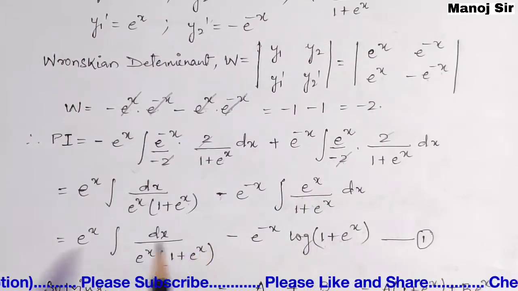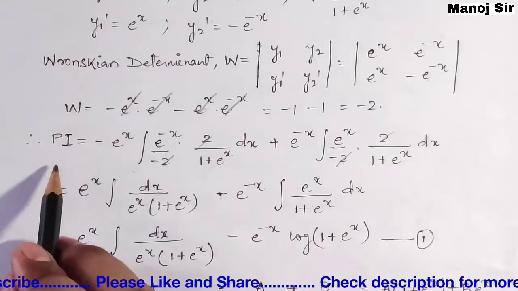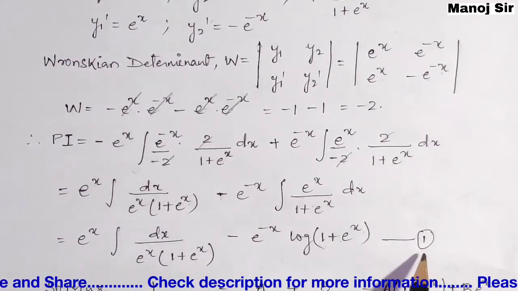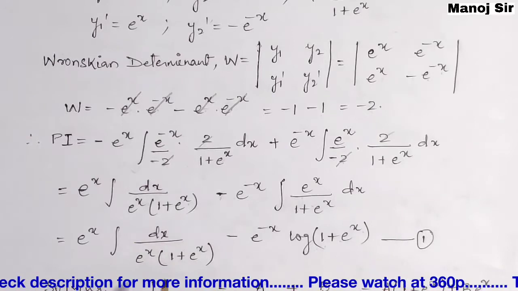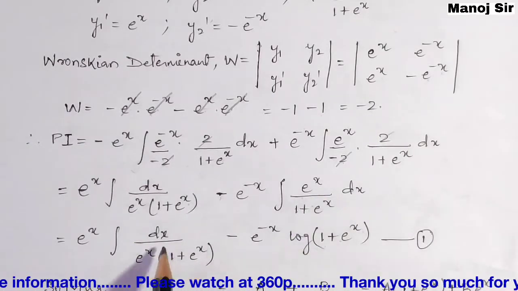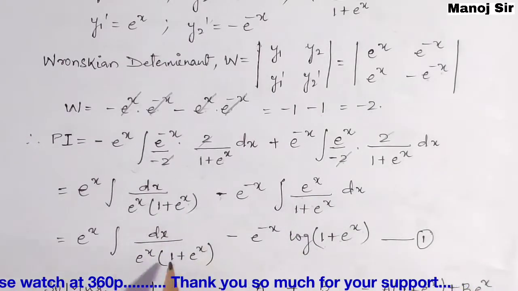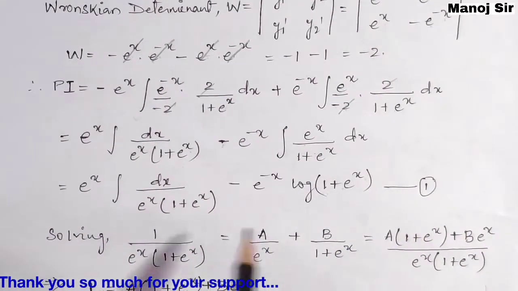Let's suppose this is PI, the value of PI, and let's suppose this is my equation number 1, because we need to solve this integration also. We have solved this integration, but we need to solve this integration also. So solving